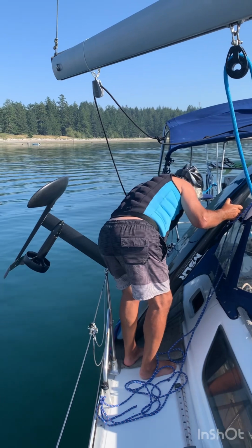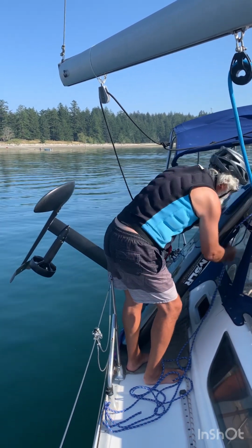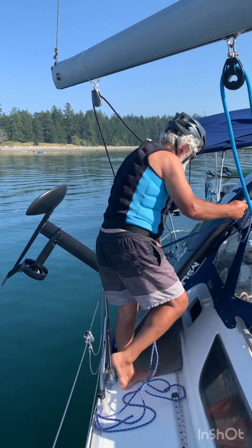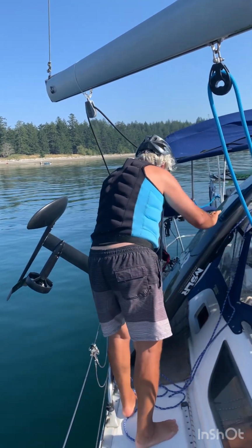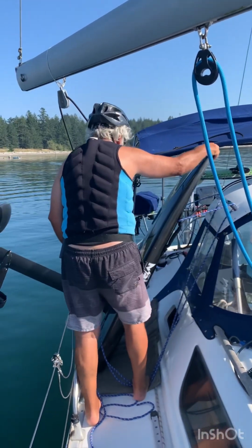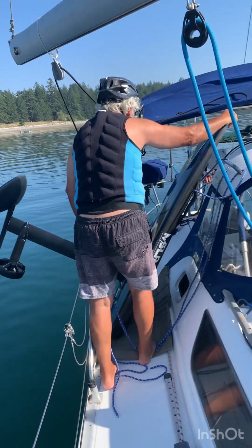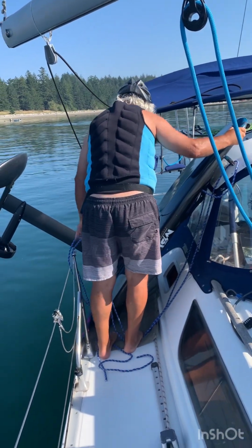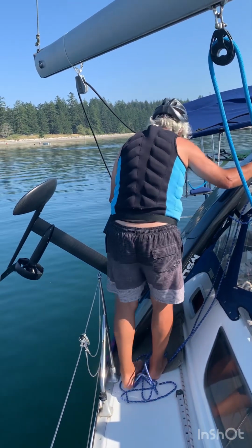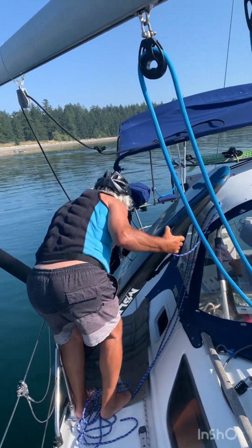I'll move the stern end out, and then I'll put the lines on the floor. Since I'm alone, I'll just put my foot down to hold the lines in place. But I need a little bit of slack, so let's pull the bow out, maybe 16, 18 inches, half a meter. Give us a bit of slack, and then make sure my foot's back on that line, or those lines. And at this point, I can pick up the stern end and just put it over the side, over the